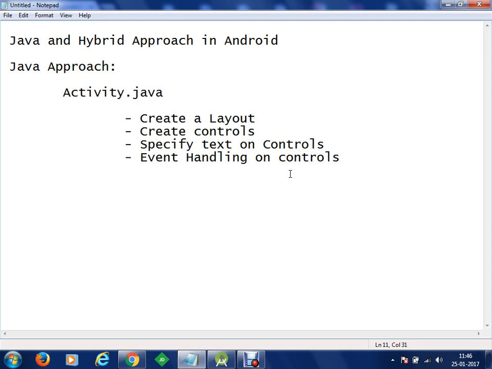Okay, all these things will be done through Java. So let's get started, and finally we are going to test the application on our emulator. So let's just do that.